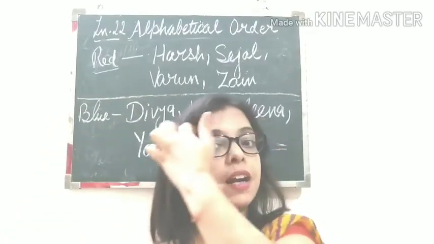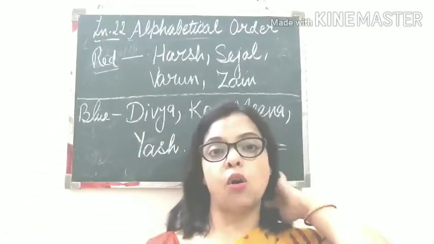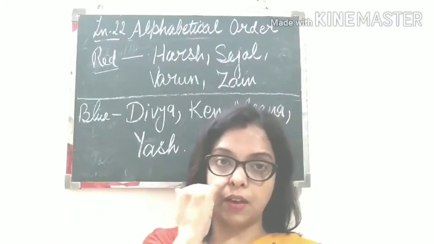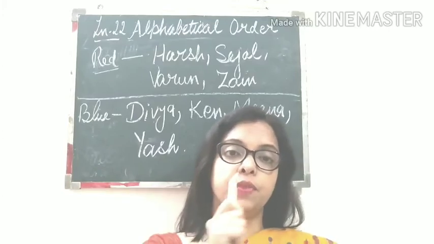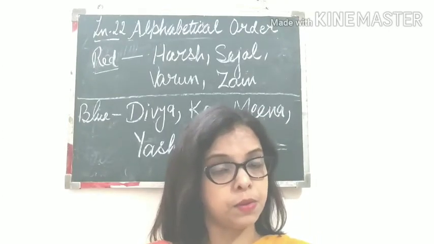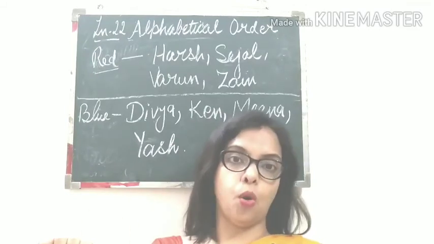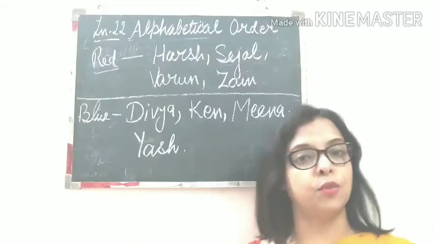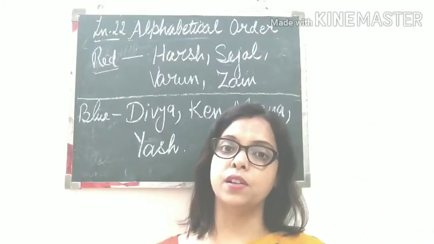Children, when teachers take attendance in the morning, they call out your name. They don't just call out in a random way. They call out in alphabetical order. First, the names of the students whose name starts with the letter A. Their names come. After that, B, C and so on. So like this only, these names are arranged in alphabetical order. So I hope you have understood it.